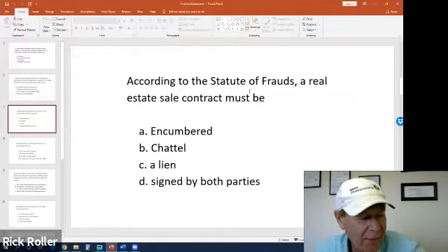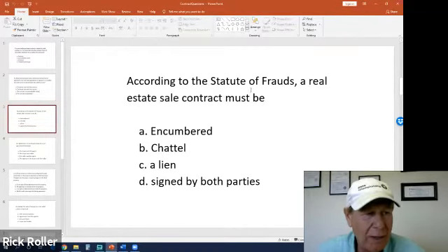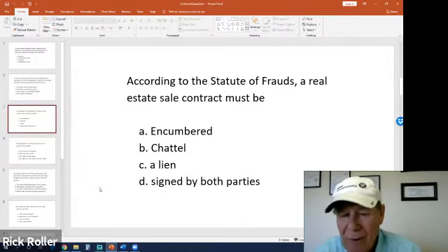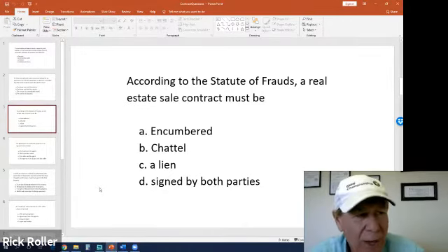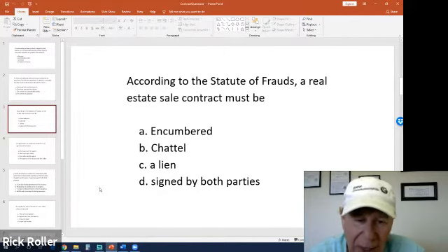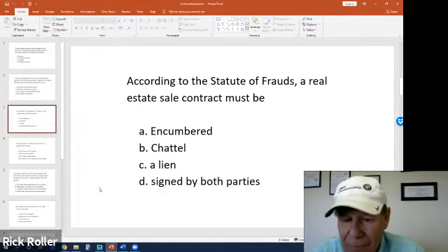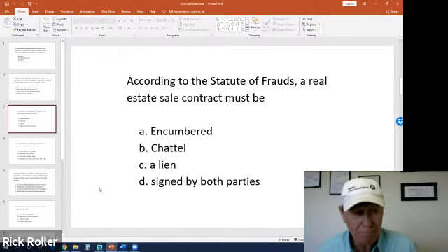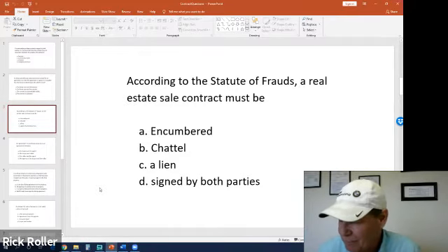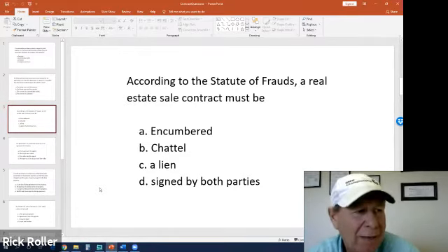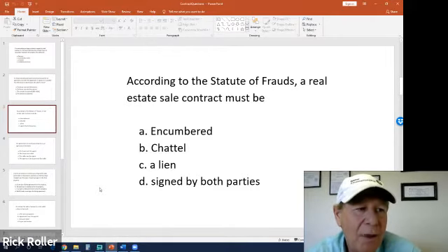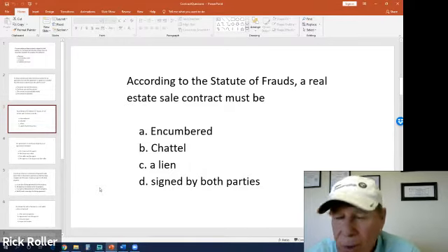And number 3 says, according to the Statute of Frauds, now that Statute of Frauds is that uniform statute I was talking about earlier. It's very similar from one state to another, which, you know, we have a lot of uniform statutes, which is probably a good thing because we do a lot of interstate commerce. People that live in California own a lot of Utah real estate. So if the laws are kind of similar from one state to another, not entirely similar, but mostly similar, that's a good thing.